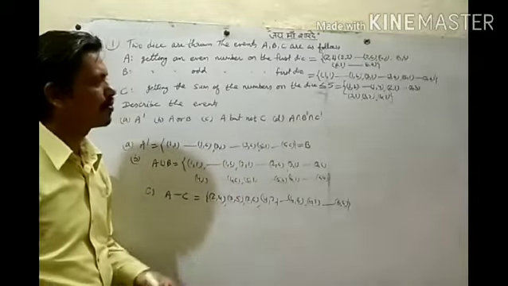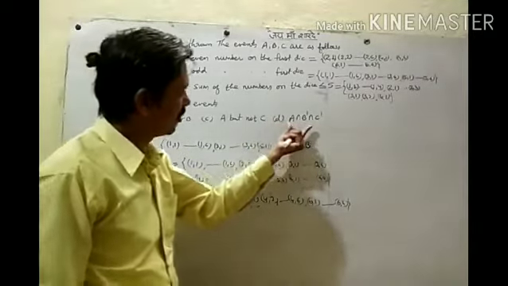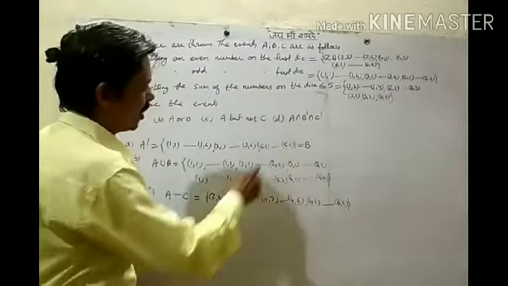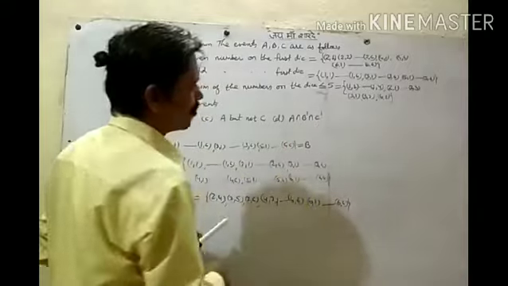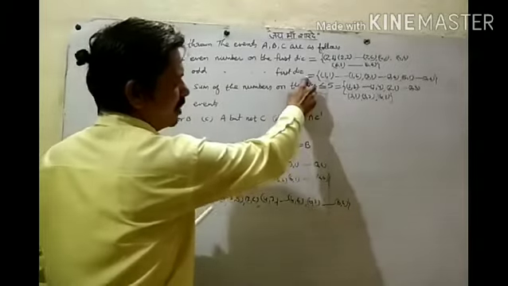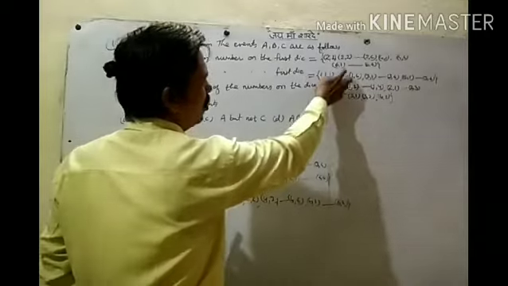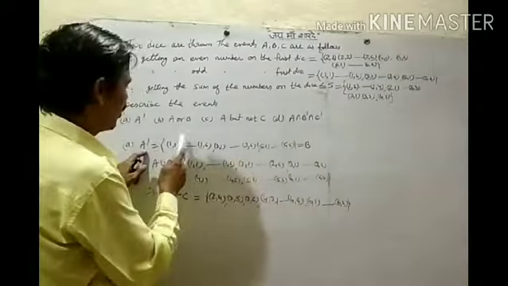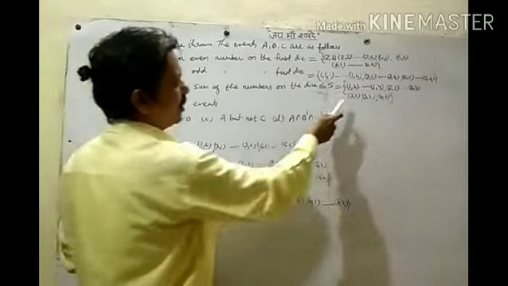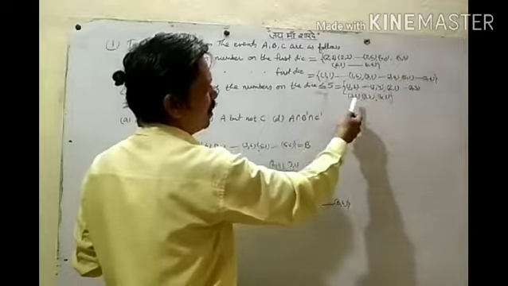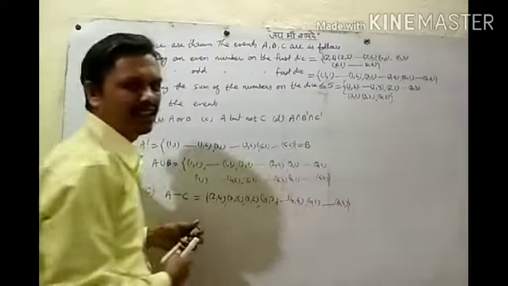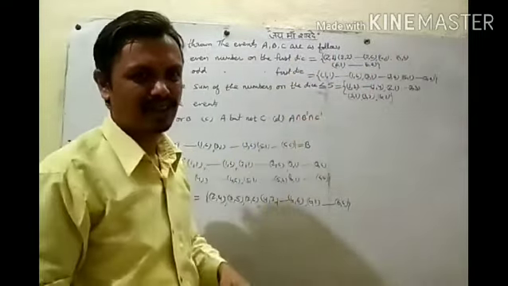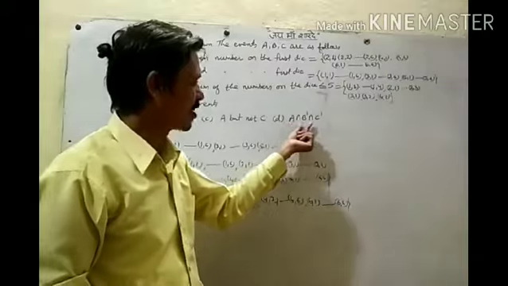Then event D, this is event A but not B but not C. So from A, now we need B dash and C dash. B is given here, so we can write its complement. Its complement will be A only. A dash is B, so B dash will be A. Then C dash is its complement: write all the elements except this. And then from those sets you can take the common elements. That will be A intersection B dash intersection C dash.